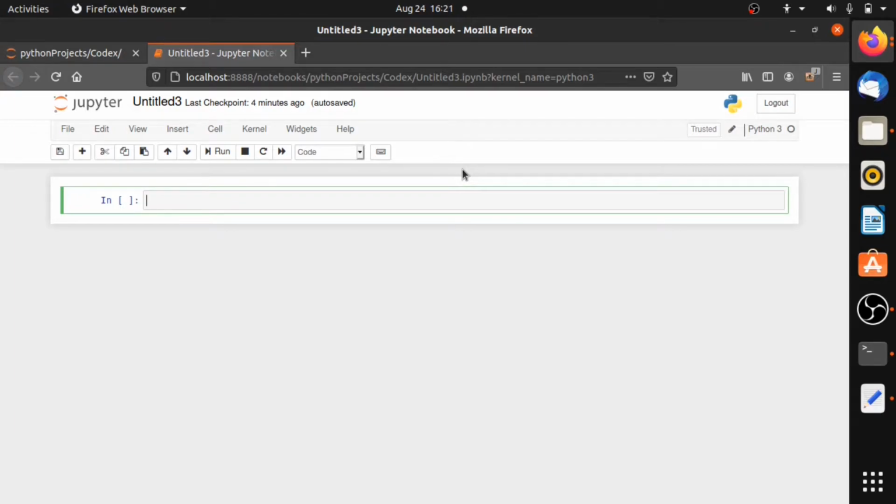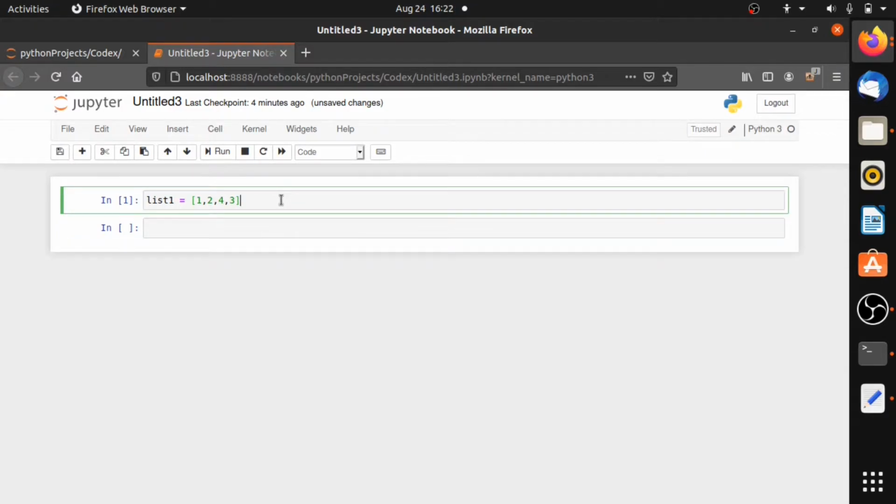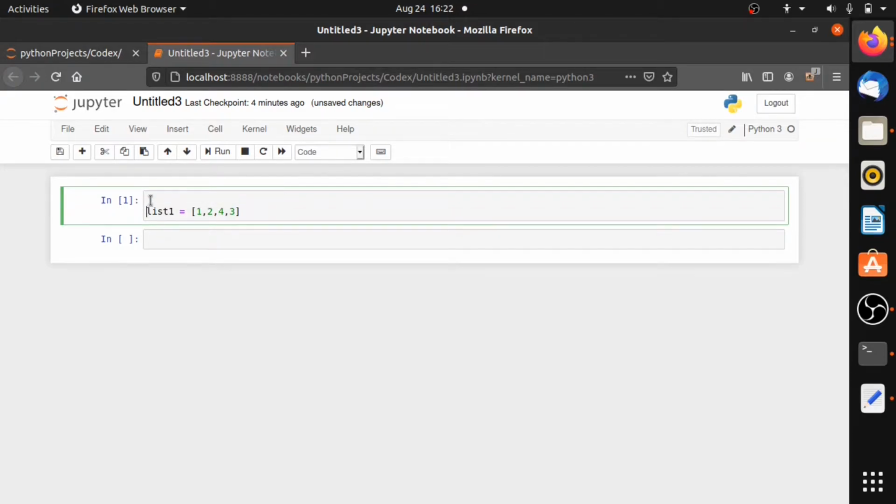Let's see how we can create a NumPy array using a Python list. Let's create a list, list1, which may be equal to a list of values. So here we have created a list. Now let's use the objects inside this list variable as the objects in a NumPy array. The first thing we need to do is import the NumPy library, which is done by import numpy as np. You can import it as anything, but I'm importing NumPy as np for my ease.